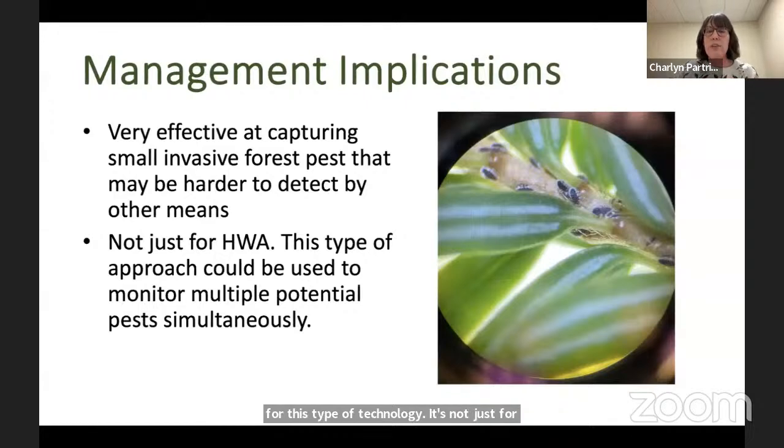So we know our traps can capture lots of different small insects or arthropods. We've done a little bit of amplicon sequencing to see what other types of things we can detect on those traps. So this could be used not only to monitor for HWA, but potentially to monitor for multiple potential